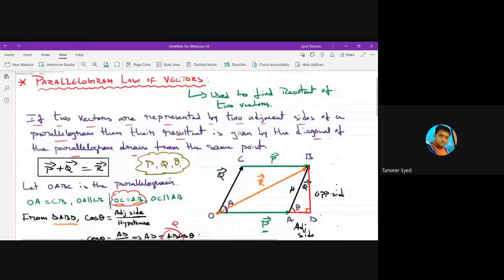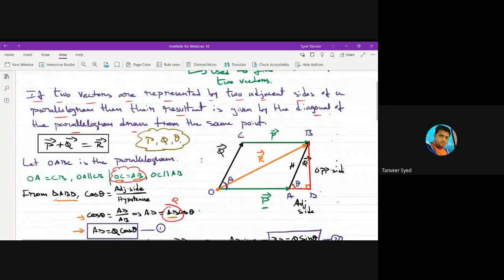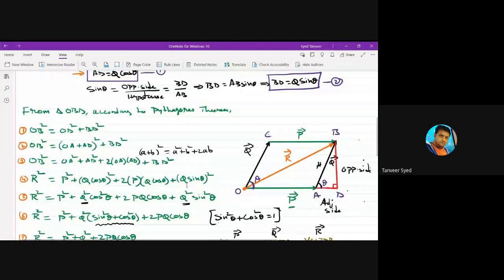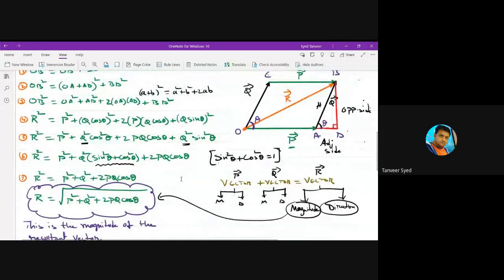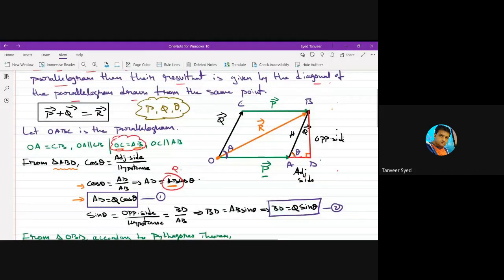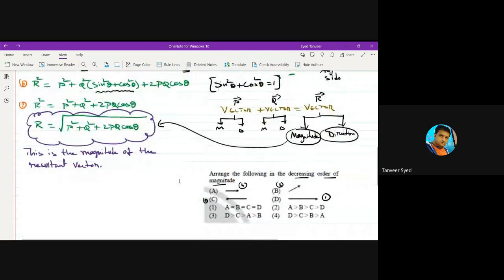You have to just understand the purpose of the parallelogram law first. Then what is its statement? What does it mean? And what is the result that you get from the parallelogram law? So P and Q are two vectors making angle theta. The resultant is R equal to root of P square plus Q square plus 2PQ cos theta. Now continuing from here,